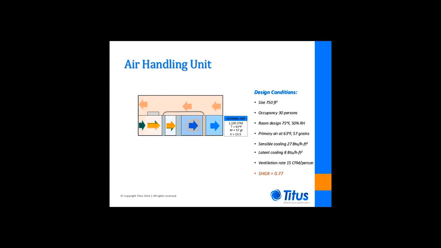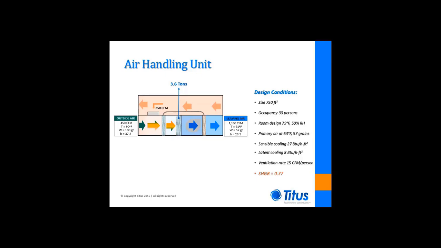The air handling unit shown is classified as a mixing type air handling unit. The outdoor airflow rate of 15 CFM per person demands that a minimum of 450 CFM of outdoor air be delivered to the classroom at all times. Therefore, 650 CFM of return air will be mixed with the outdoor air to constitute our 1100 CFM supply airflow delivery